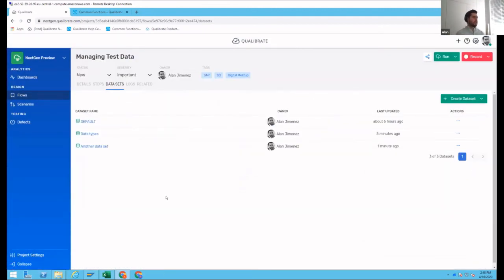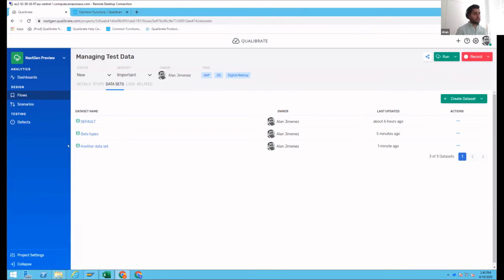Now, the other topic that I want to show you today is a new feature that we worked on, which we are pretty happy about. We have the ability to give you bulk import capabilities for datasets, especially if you're handling large volumes of data and you feel more comfortable using Excel for that.